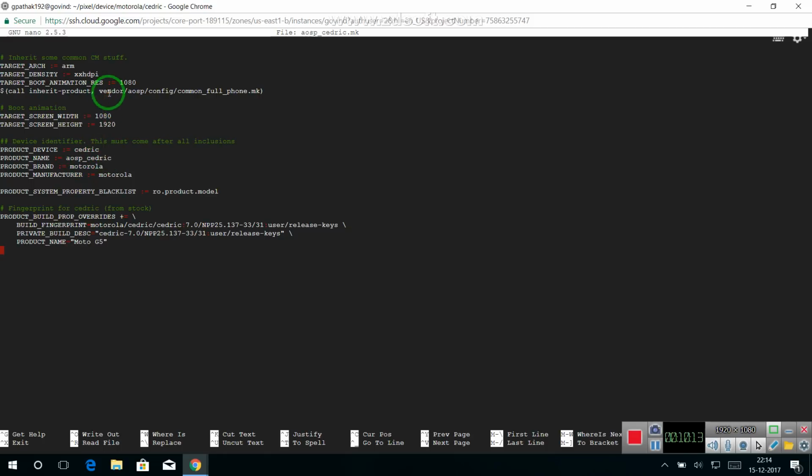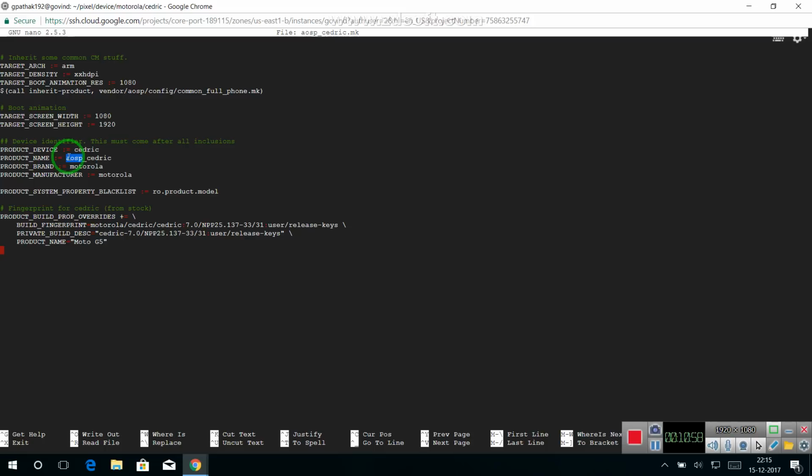In your device trees it will be vendor slash lineage, because your device trees are configured with the Lineage ROM sources. So here it was Cedric, here it was lineage. You have to change it from lineage to whatever the vendor name of your ROM sources is, like I have AOSP in Pixel Experience. So I think it is pretty clear that you have to rename the vendor accordingly, and also change the product name from lineage_cedric to aosp_cedric,